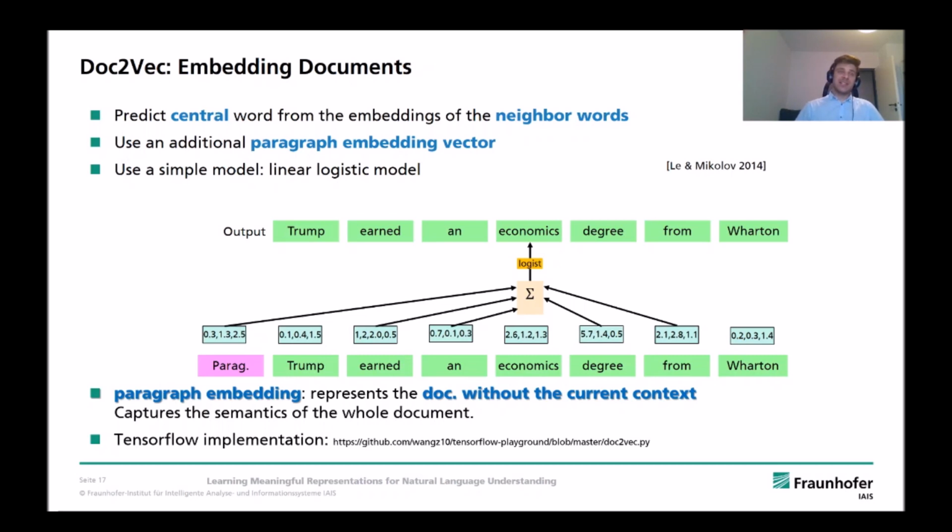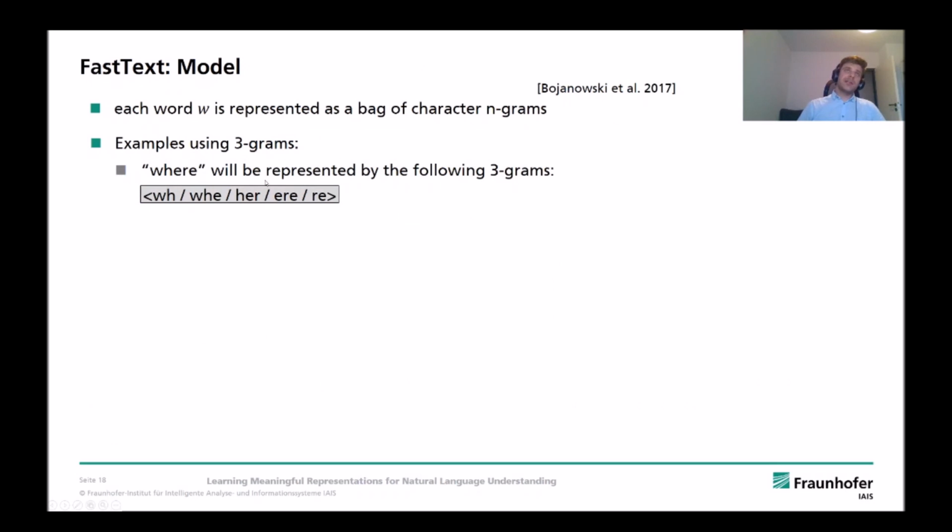This representation is able to capture synonyms, right? So if we have the word Trump and if we have the word president, it would understand that these words are very, very closely related. As I said, we're going to look at the modification of Word2Vec, which also uses morphological information. And this is also very important, because Word2Vec and Doc2Vec, as I presented them, are not able to represent unseen or unknown words. Now, in FastText, which is the extension I'm talking about, which was released in 2017 by Bojanowski,